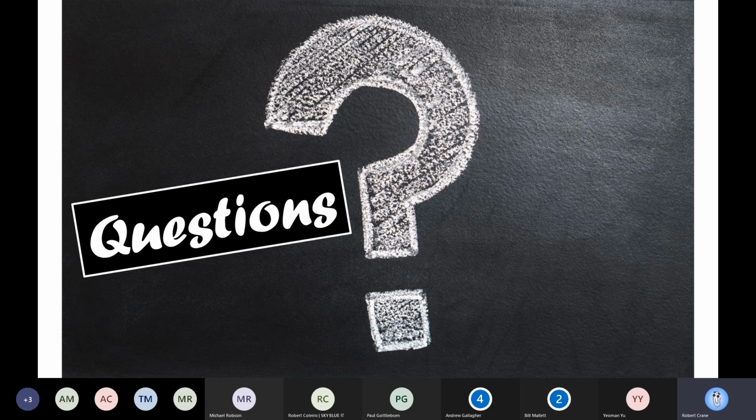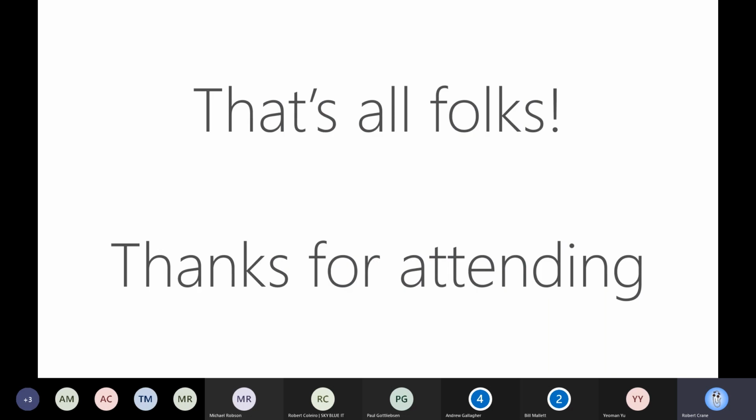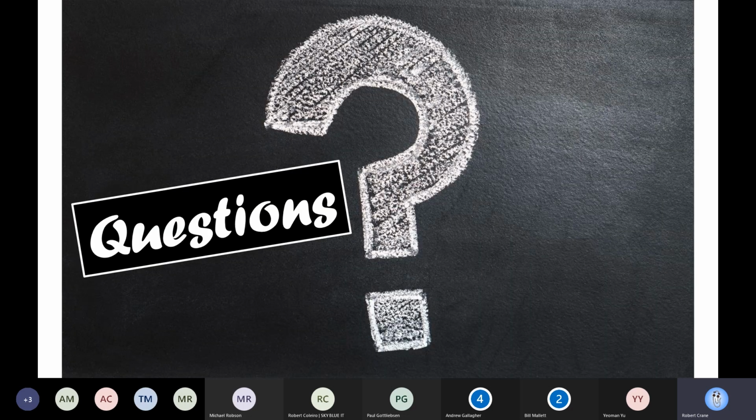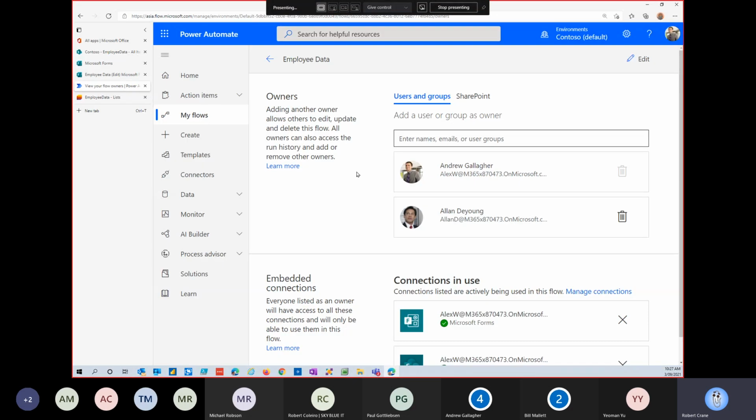I don't see any questions in the list, but Andrew, are you still there? I am. Yep. Do you mind grabbing the screen back and showing people how to share that form publicly and with the QR code? If they want to share that form with people outside the environment, just show them how easy it is to share that with anybody outside their organisation, as well as generate a QR code. That'd be fantastic. No worries.